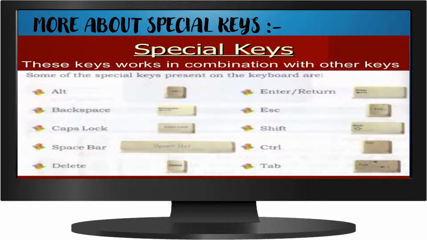So, special keys work in combination with other keys. Some of the special keys present on the keyboard are Alt, Backspace, Caps Lock, Spacebar, Delete, Enter or Return, Escape, Shift, Control and Tab.